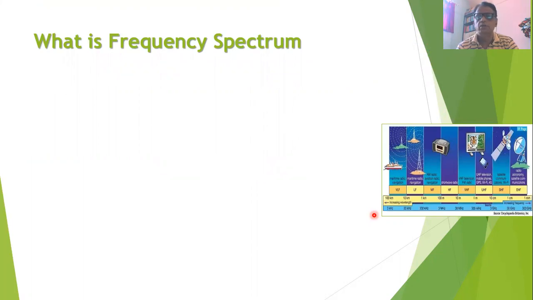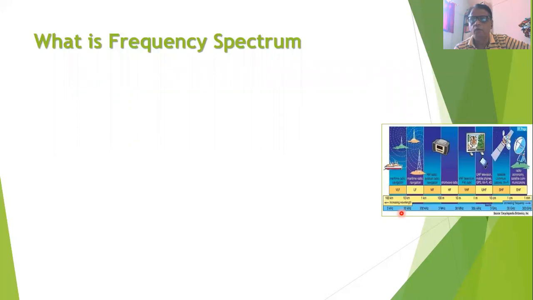So let us first of all start the session with the question: what do we mean by the frequency spectrum? You will find that the frequency range is very limited, and we use a lot of applications in this very limited range of frequency. Therefore, it is mandatory for us to obey the guidelines issued by the several authorities. So whenever you want to start with some radio or a maritime radio, it is mandatory to use a frequency spectrum from 3 kilohertz to 30 kilohertz.